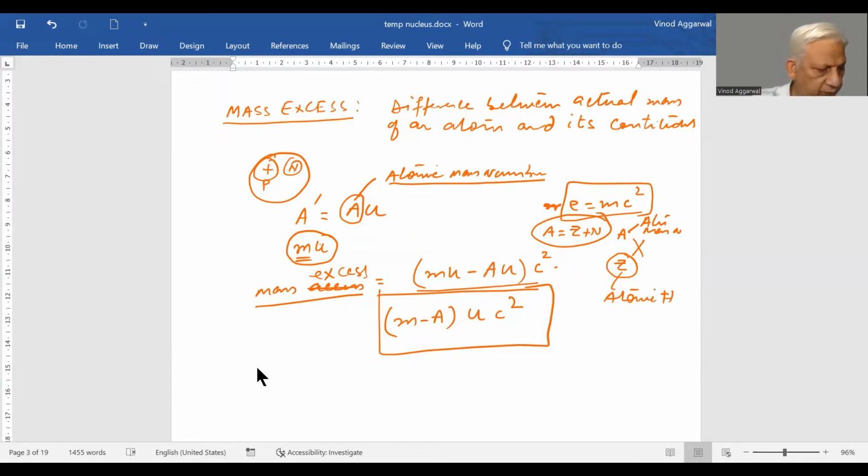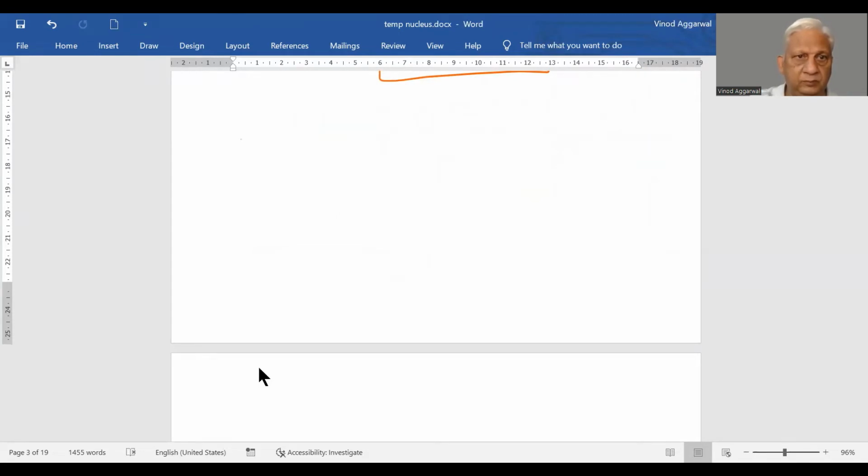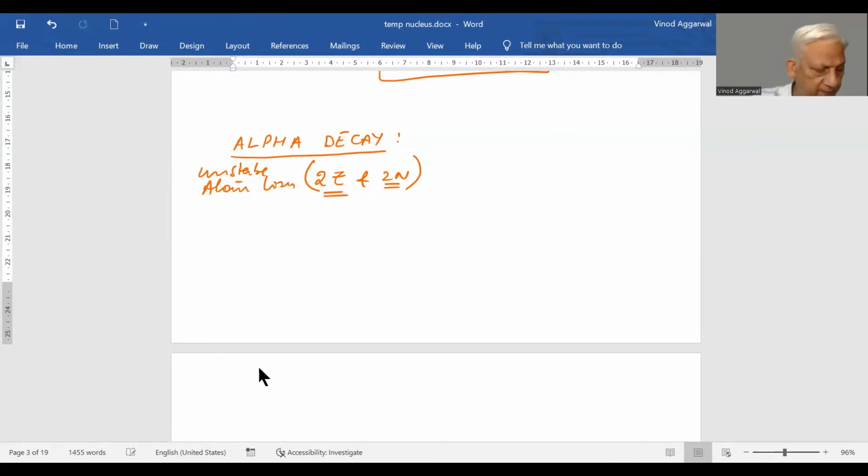Now, let's talk about alpha decay. When an unstable atom loses 2 protons and 2 neutrons to become a more stable atom,